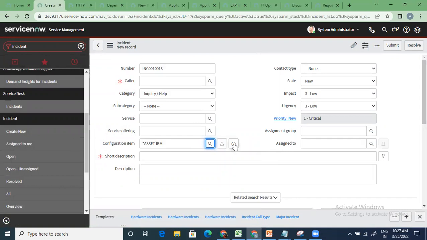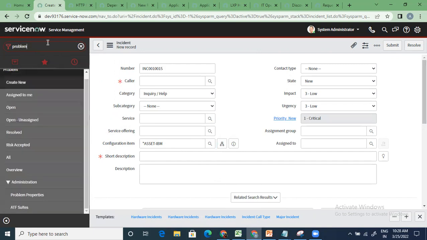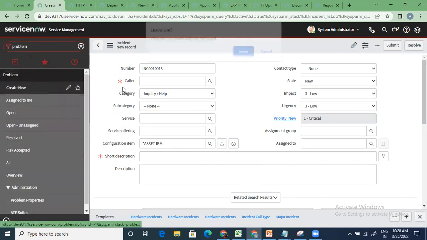Now, if I select this, I can see the information, which means what this record is all about, and those dependency views we've just seen for this configuration item. Is it related to anything else? You can also auto-populate the assignment. All your IT service management processes like incident and problem, we'll talk about them in detail later on, as a part of the course after we complete the fundamentals. Once you select this configuration item, this is where it is used across all the forms. So the incident form, and if I go to the problem form,